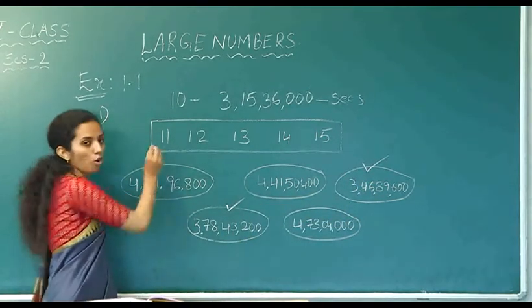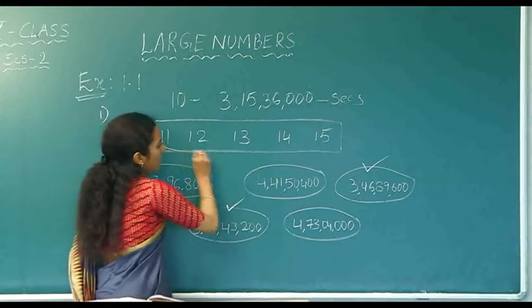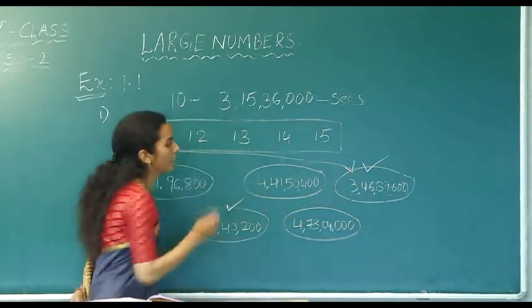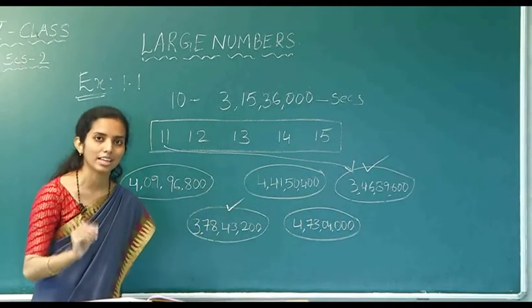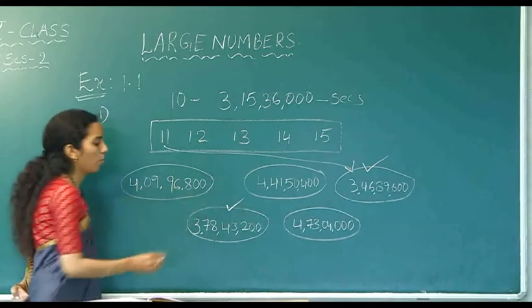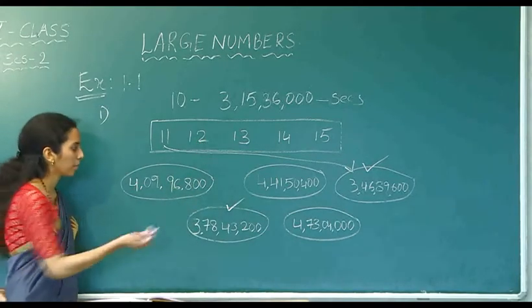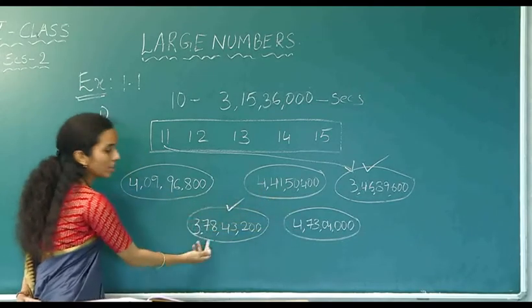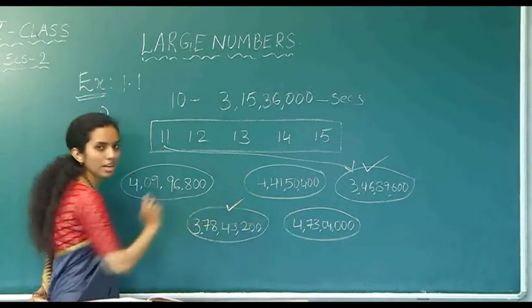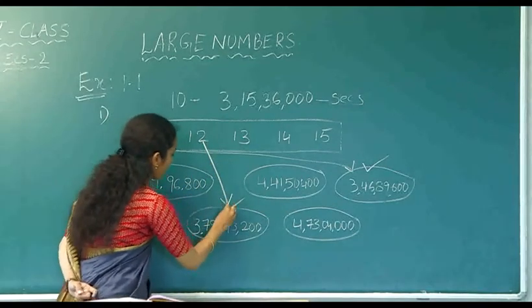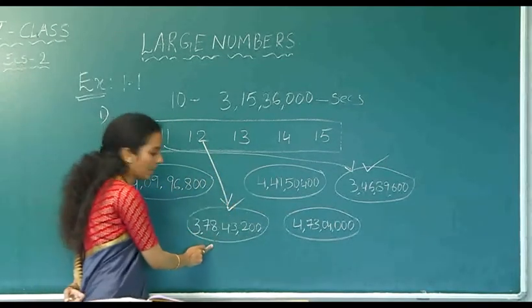A 11-year-old boy lives 3 crores 46 lakhs 89,600 seconds. And in the same manner, the 12-year boy obviously lives what? The 3 crores figure, and the number bigger than that number is this one, because all other numbers are in 4 crores. So the 12-year boy lives 3 crores 78 lakhs